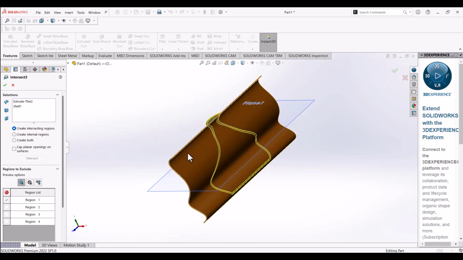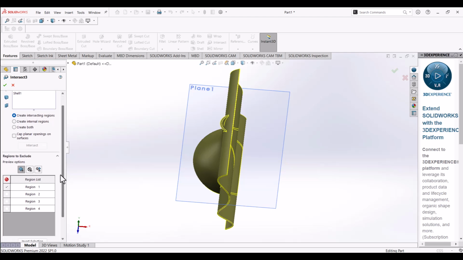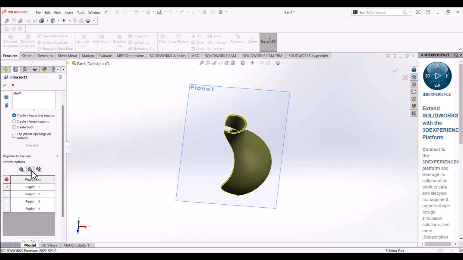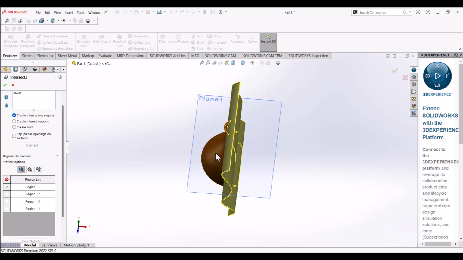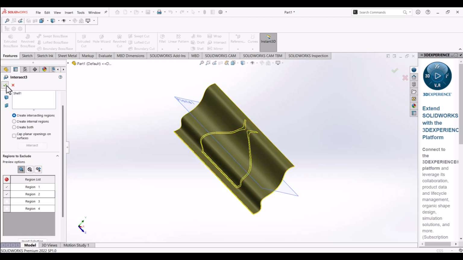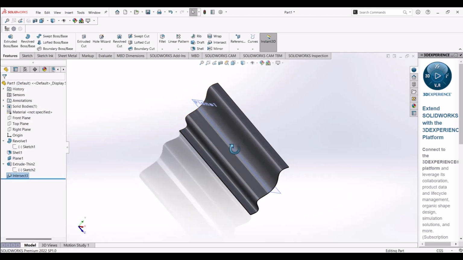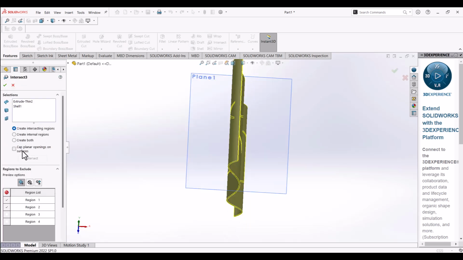So you can play around this. You can play around the feature you want to keep. So let me accept this and let's see something. Now it has in fact taken this whole thing away. Let me edit it again. Edit. Let me come to